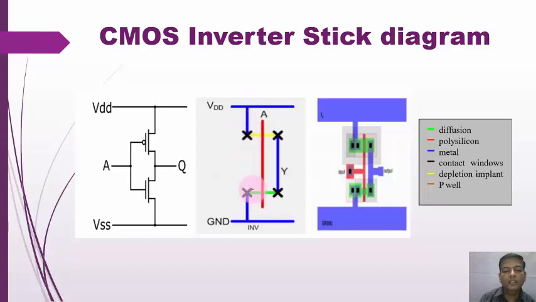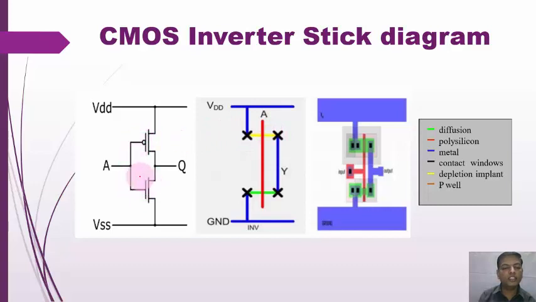Here make the contact through a black cross and connect the metal to VSS, and here the output is connected in between these two drain terminals. So we have to make the contact in between these two black contacts and the metallic layer. In this way, it is a simple method to draw the CMOS inverter stick diagram. Everyone can get it. First draw the NMOS, then draw the PMOS.